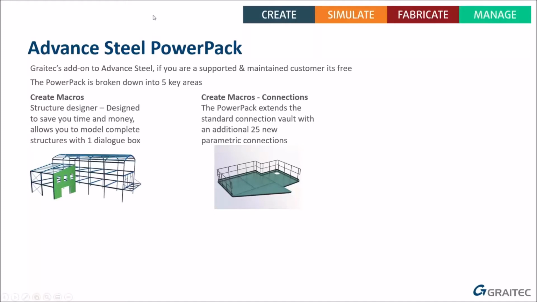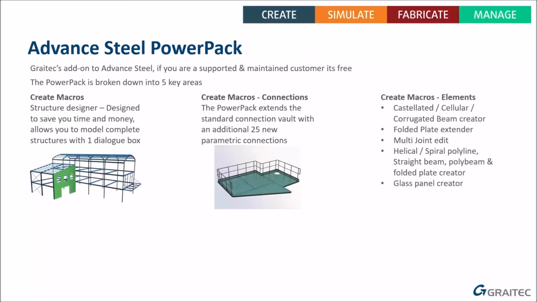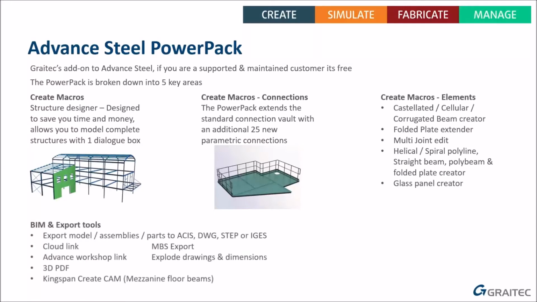I think most of you have seen this anyway. We have Create Element, where we can create things like castellated cellular beams. We have the folded plate extender, which I'll look at the end of today's session. Helical or spiral polylines, glass panel creators, BIM import and export tools. So if you need to export to ASYS, DWG, STEP or IGES, we can now do that for